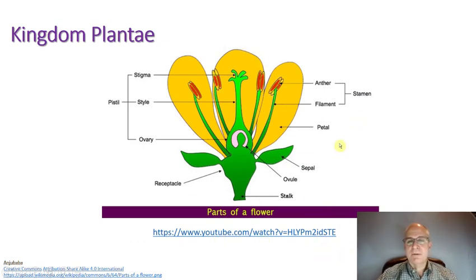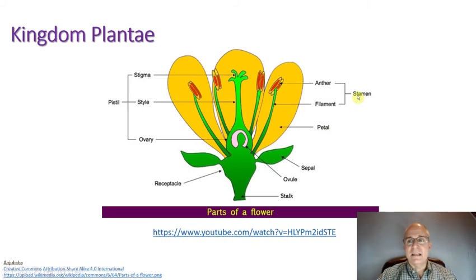So here you see a typical flower. We've got things like the petals, which we said again are often brightly colored and going to be used for attracting pollinators. We have these modified leaves that are going to help protect the flower when it's still a bud, called a sepal. And then we've got the male and female parts of the flower, which you in this case find in the same flower.